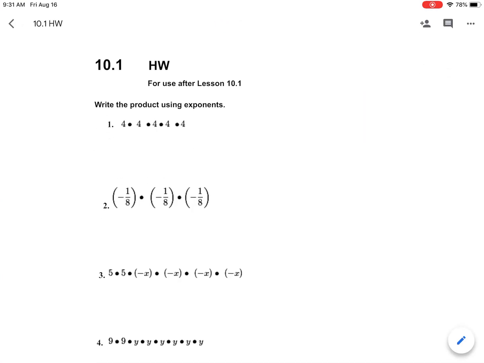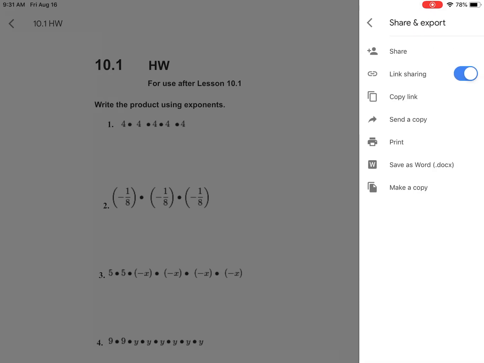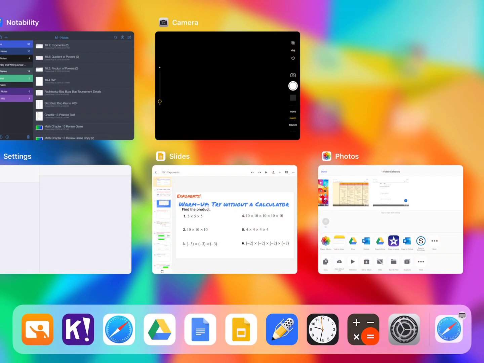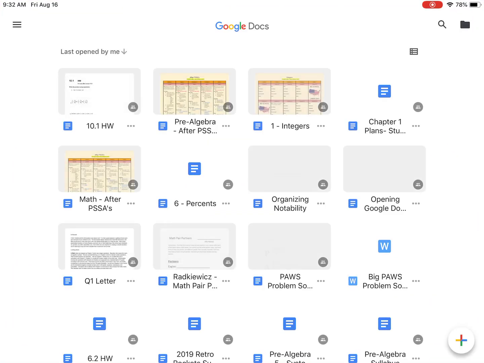So now if you go back into that homework and you tap the buttons and you hit share and export, now it works, right? Same thing sometimes if you hit send a copy, it won't send it. So if you just double tap, swipe it away, go back in, try it again, 99% of the time